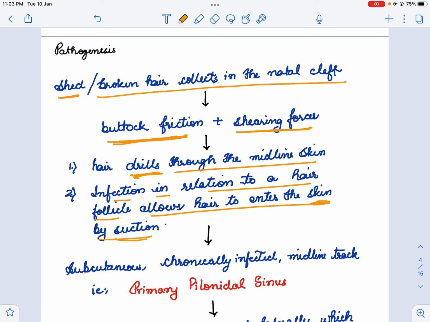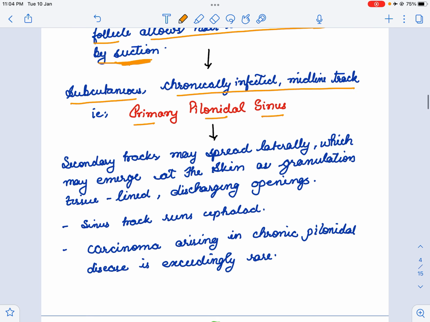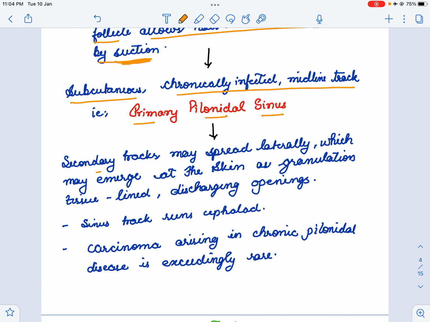Now, this is because of suction, which in turn is because of the buttock friction and shearing forces. Because of these factors, there is a subcutaneous, chronically infected midline tract, that is a primary pilonidal sinus. Now, secondary tracts may spread laterally, which may emerge at the skin as granulation tissue